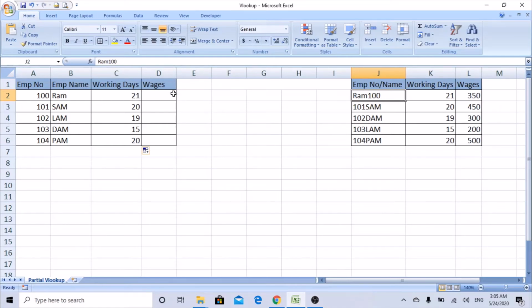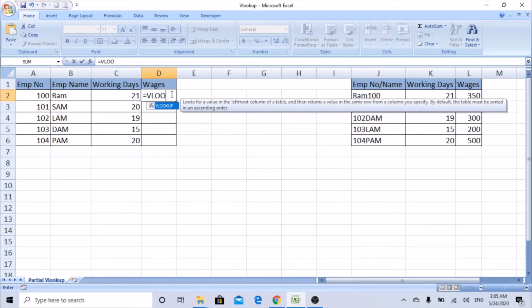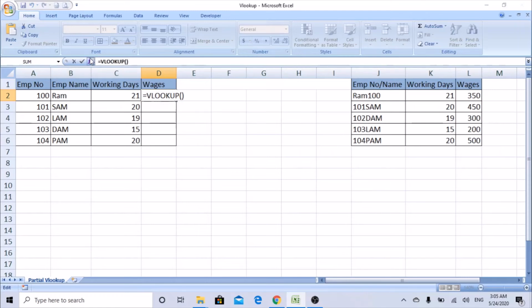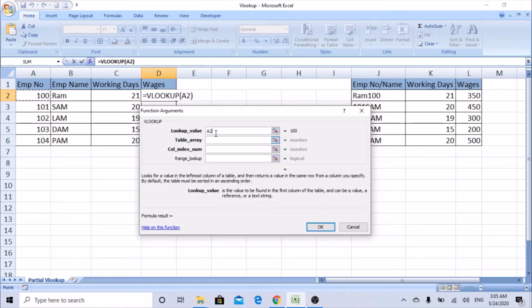It's very simple. Let's use the same thing here for the wages. We look up, select this cell. Once you select the cell, we need to add the stars. So we'll start with the double quote, star, double quote, and an ampersand.